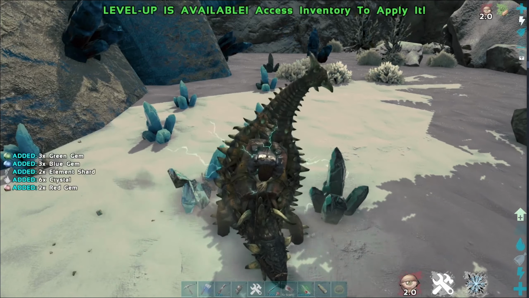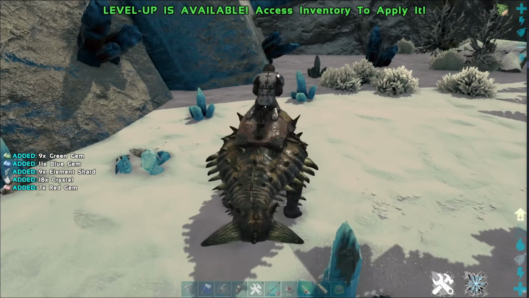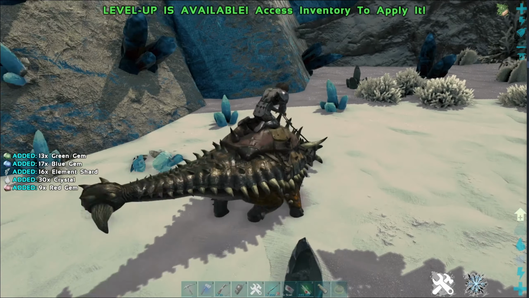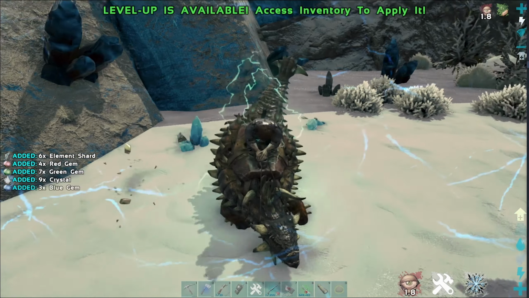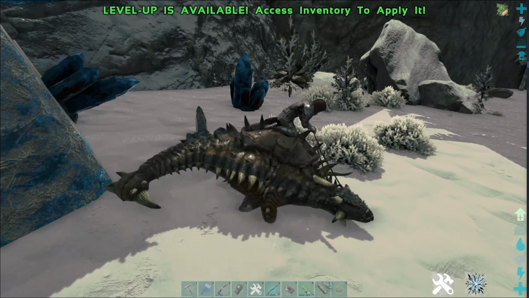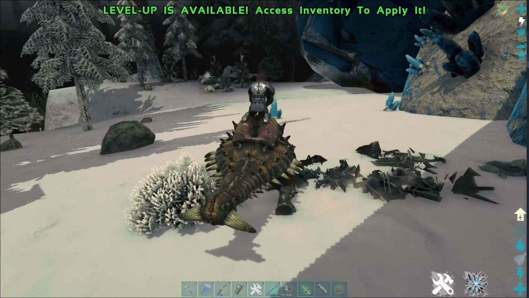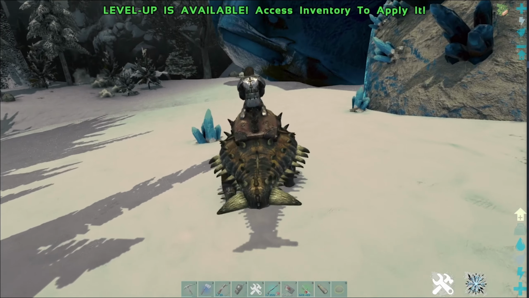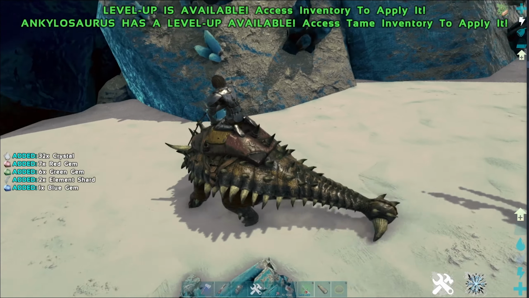If you smack these with an Anky, you're getting a hell of a lot more. We're getting a lot more element and a lot more gems from this. We are getting electrocuted a bunch though. And as you can see, we're just smashing through this right now. A ton of element coming our way. There's so many small blue crystals on this place, you could go on a grinding run, spend like 20 minutes on an Anky,